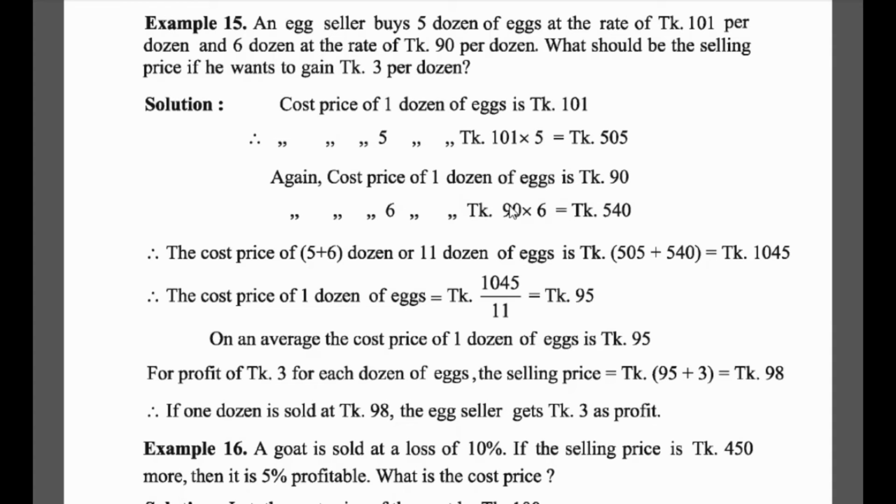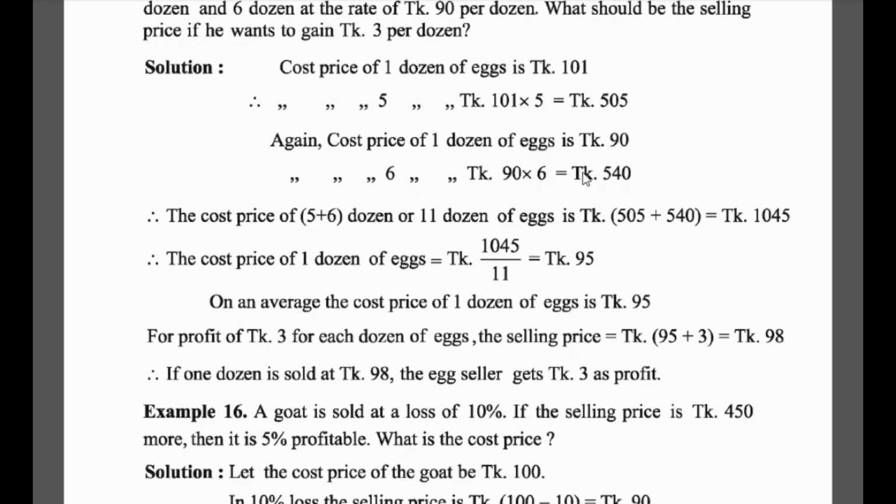The cost price of 6 dozen of eggs must be greater, so 90 and 6 will be multiplied. 90 into 6 is equal to taka 540. So he bought totally 11 dozen of eggs. So the cost price of 5 plus 6, or 11 dozen of eggs, is taka